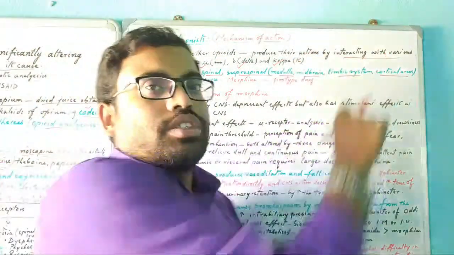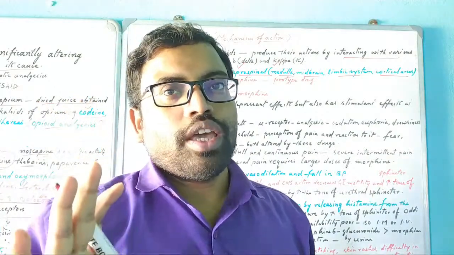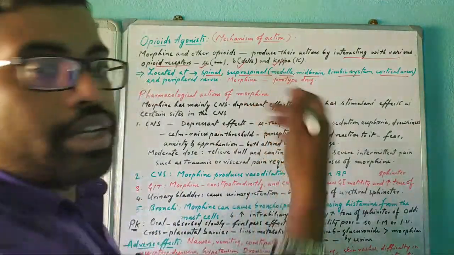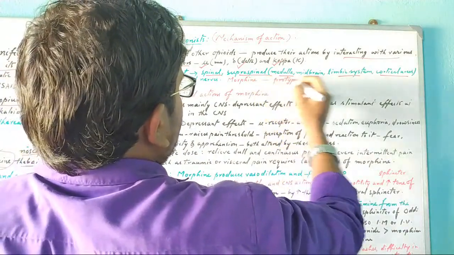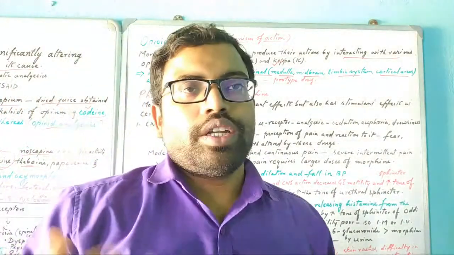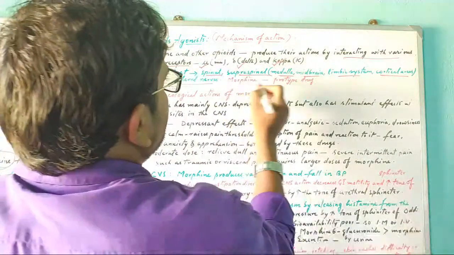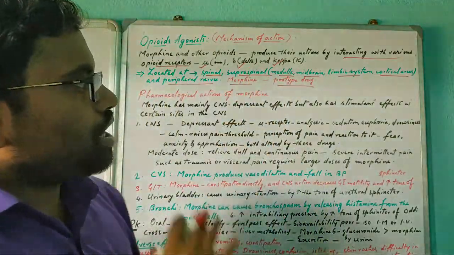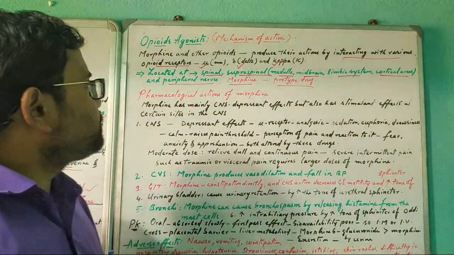I have drawn these locations in the psychopharmacology video, so you can go through that one and remember it. I won't explain it here, you can refer to that video later. These are the supraspinal areas, and then the peripheral nerves, meaning the nerves coming out from the spinal cord. Then the drug is morphine, a prototype drug, meaning other drugs are produced through this drug.